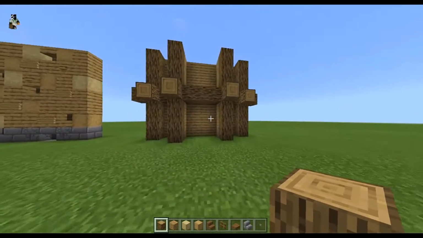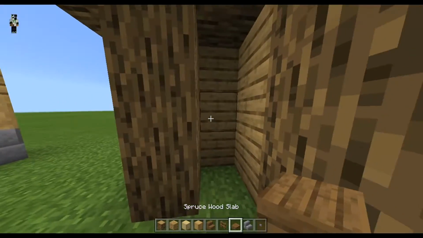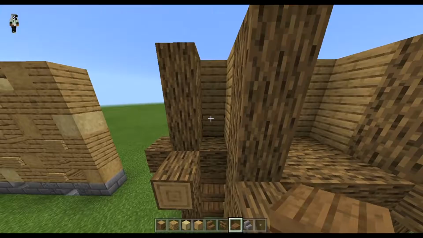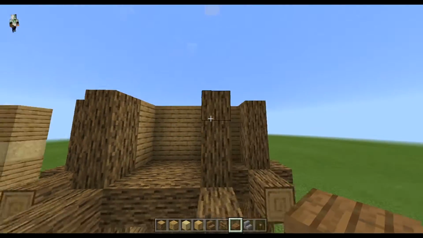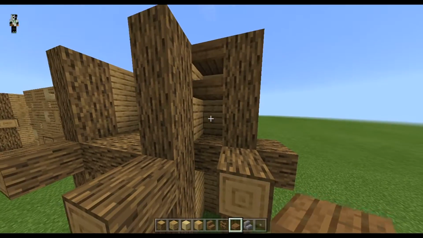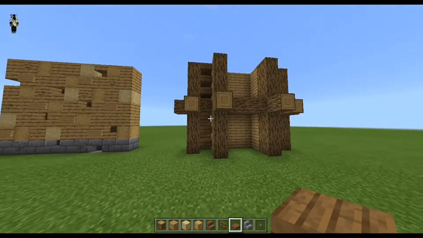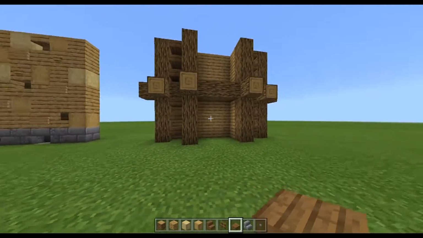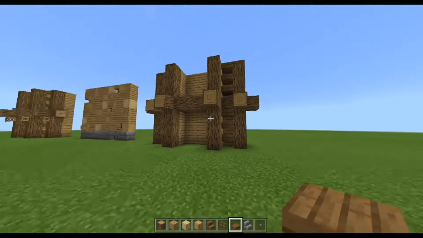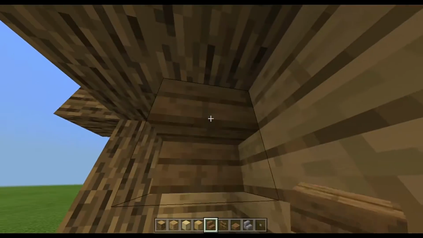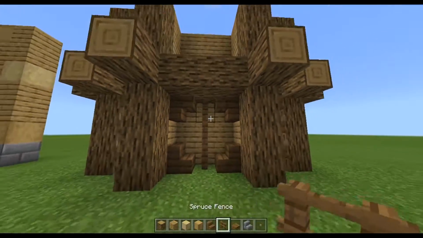And this is where the fun starts. Instead of using oak, we're going to use spruce right here. And then we're going to do the same thing on the top. And we're going to repeat that on the other side for symmetry purposes. And there we go. That already looks really cool. You can see there's a lot more going on and it just looks a little bit more detailed and it looks really, really cool. Likewise, we're going to use the same spruce stairs in here and repeat that pattern,